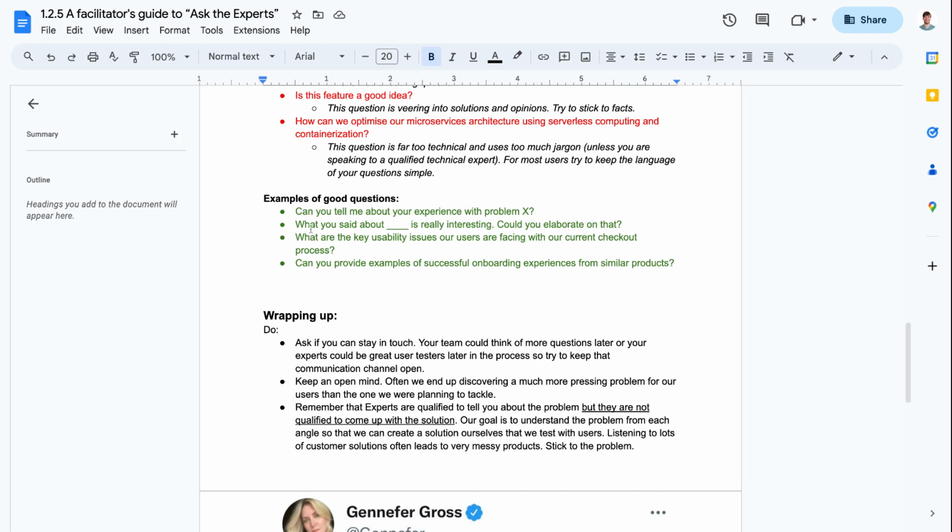Follow-up question you can ask is, what you said about something is really interesting. Could you elaborate on that? So that's how you show you're listening. You're turning it into a conversation rather than an interview. And you're picking up on things that they said, which they can then expand on a little bit more. And you can kind of use questions like that to guide them into the area that you want them to